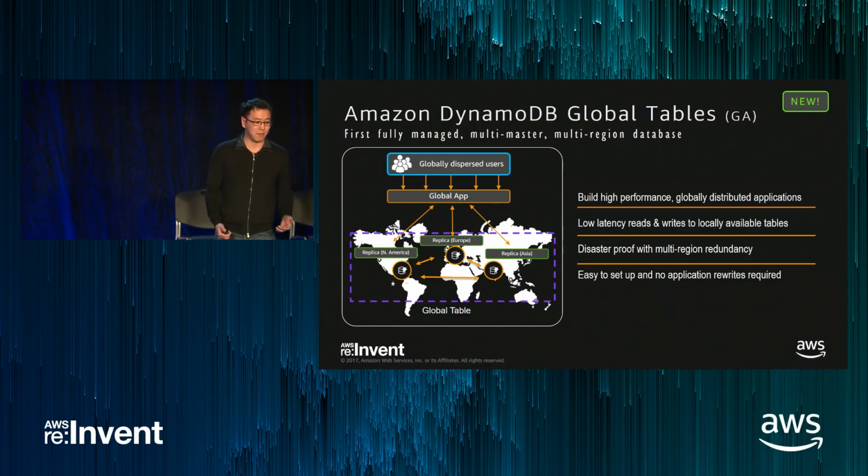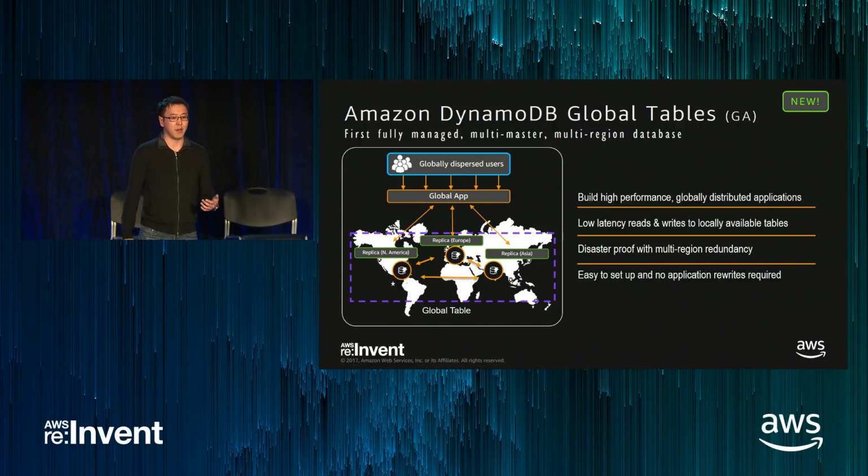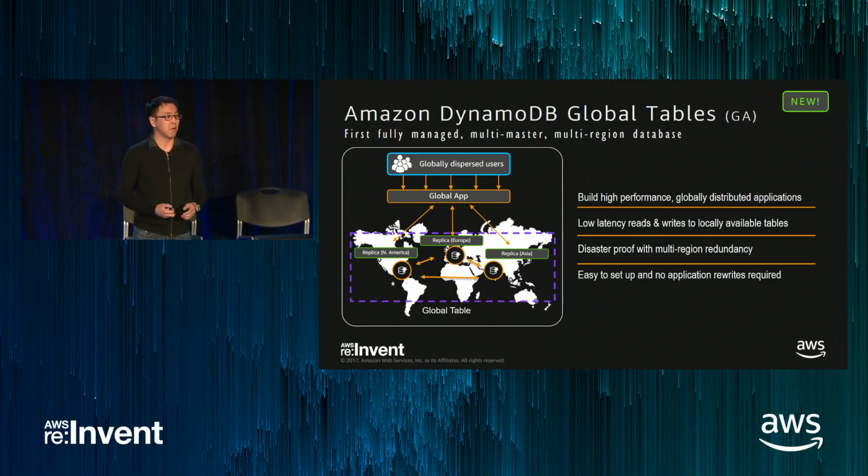So why would you use global tables? First, if you have massively scaled applications that have users around the world, you want to deliver the best possible and fastest performance to all of those users, which means processing the requests in the most local region possible. So essentially data locality. And secondly, it provides a new level of regional fault tolerance. Because with global tables, your data is synced across multiple AWS regions, and therefore your application can withstand a region outage or degradation of service, and your app keeps on chugging away.